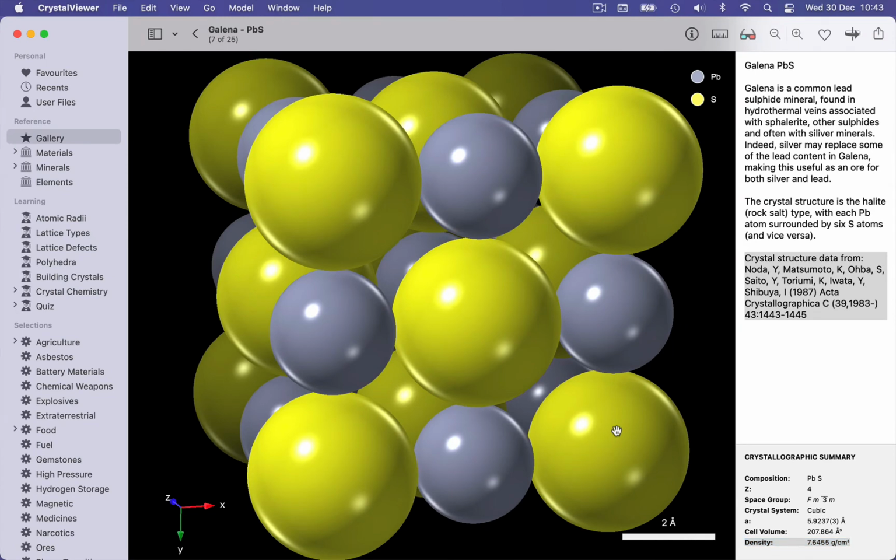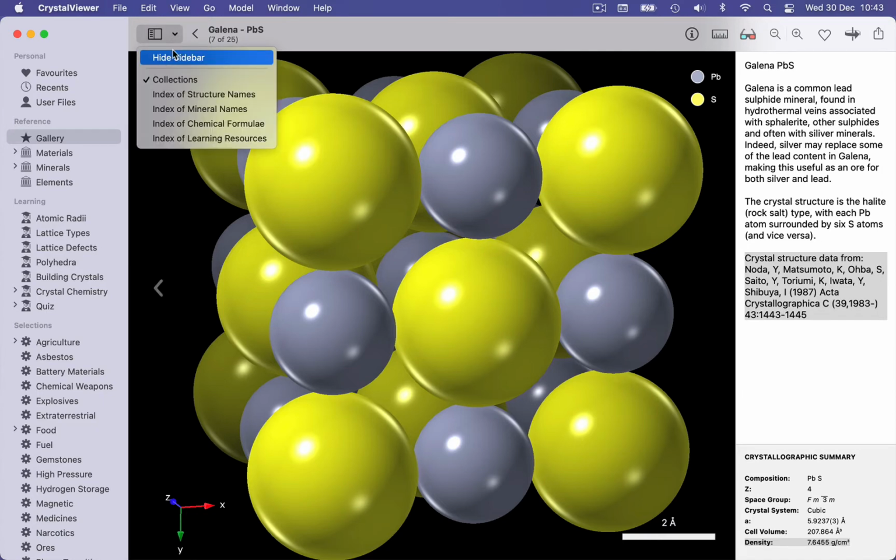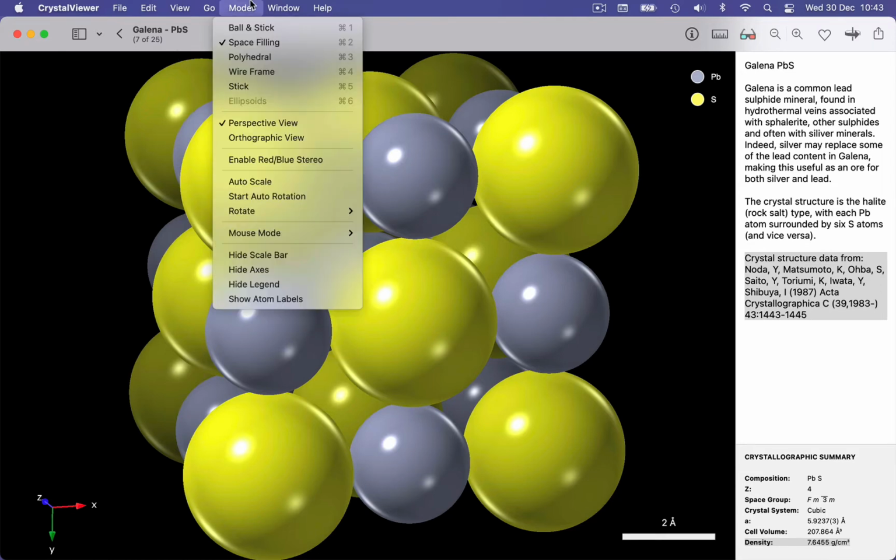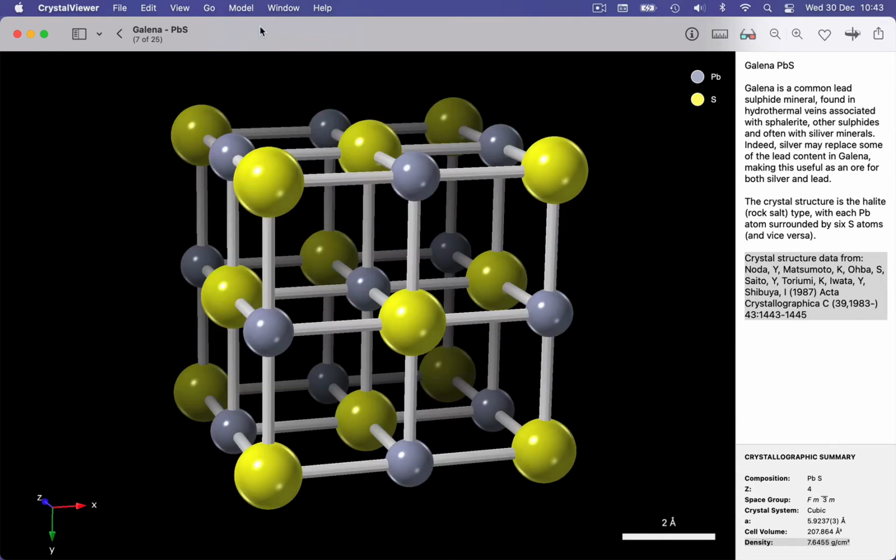Now we'll focus on the structure itself, and we'll give ourselves a bit more space by hiding the sidebar. Now we'll start by using the model menu to change the display from the current space filling model to a ball and stick model. Here we see the chemical bonds between the atoms represented by sticks and the atoms themselves